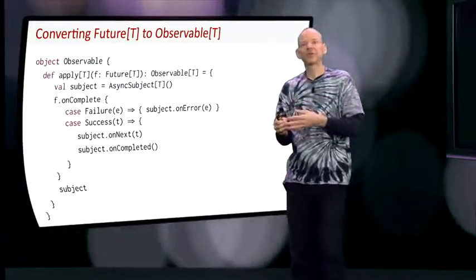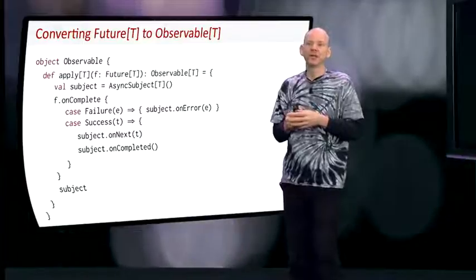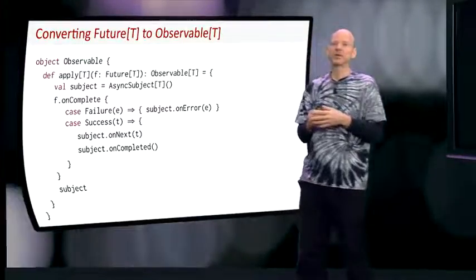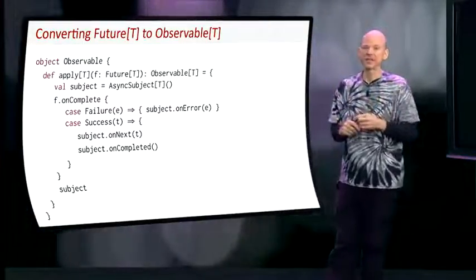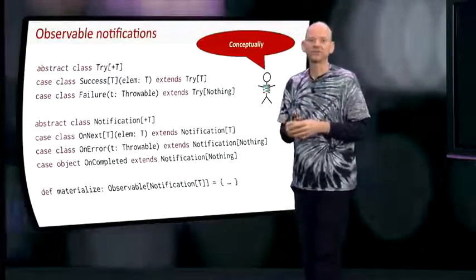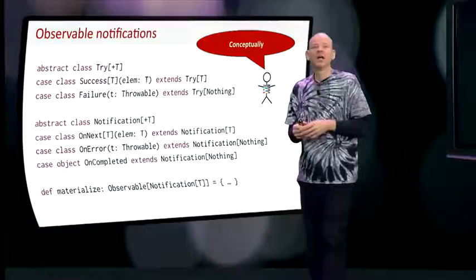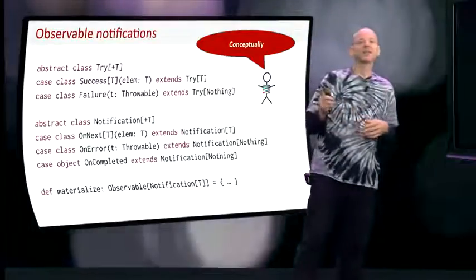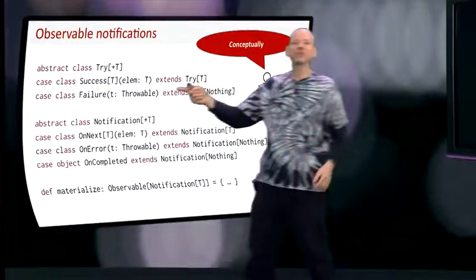The Rx library has most of these operators where all the details are taken care of for you, such that you don't have to worry about that. Now, the other thing, if we look at the class Try of T, what we see